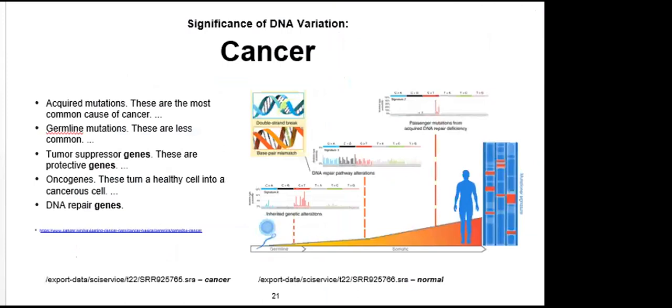As I said earlier on, we have acquired mutation and germline mutation, and these are clearly stated, as stated earlier on. And having understood these basics, the next phase is, as a data scientist, how do you come on board to be able to do your analysis and do your reads clearly, with in mind how to avoid those challenges